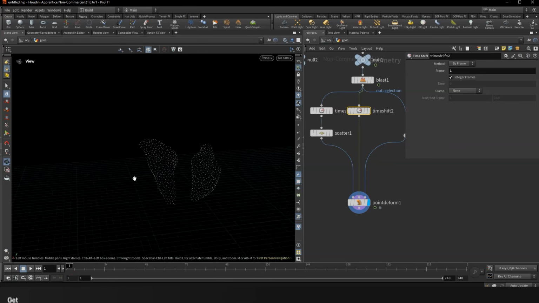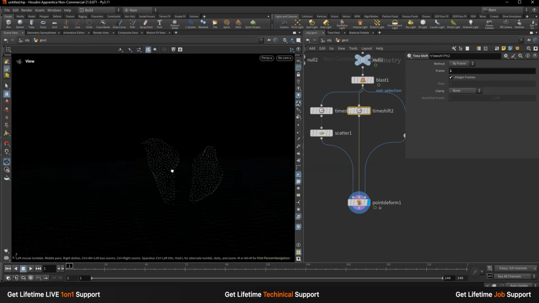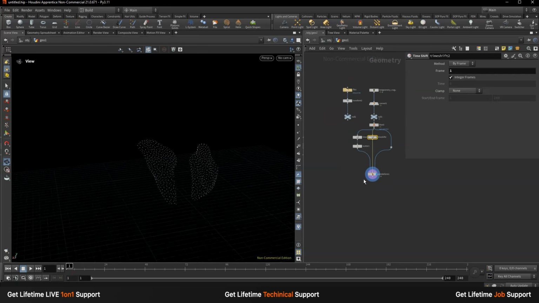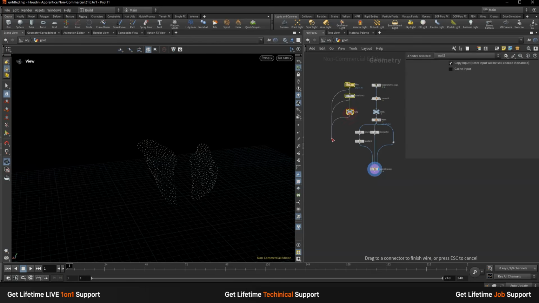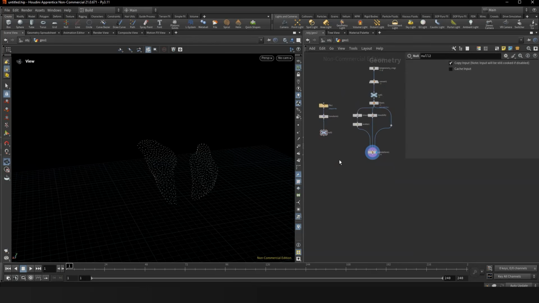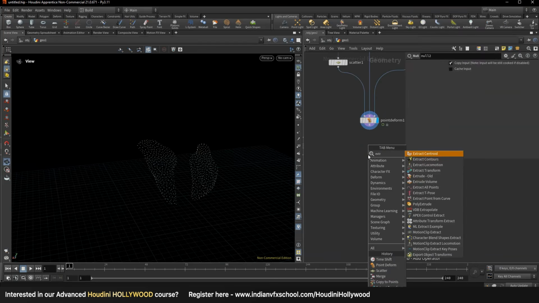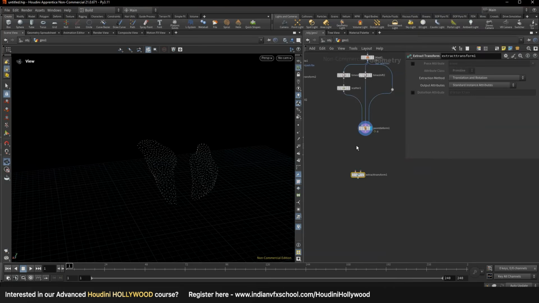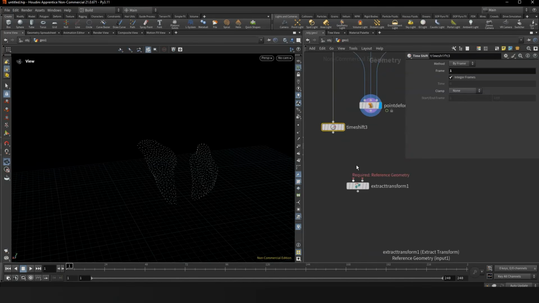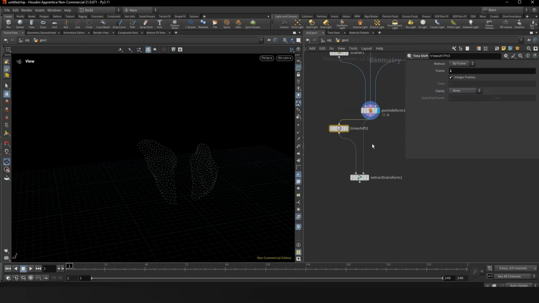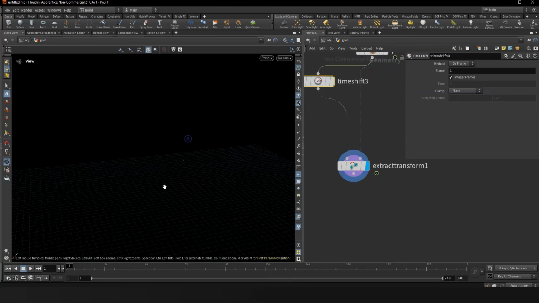Okay. Now, again, the reason why we scattered points only on the back is because we want to attach a jetpack, right? Fine. So this is what we have. Now, what we need to do is we'll just simply use the extract transform. And once again, let's just get a time shift here, because it expects the reference geometry on the first input, and on the second input, the target geometry. And now if I click on this, you'll see it will find